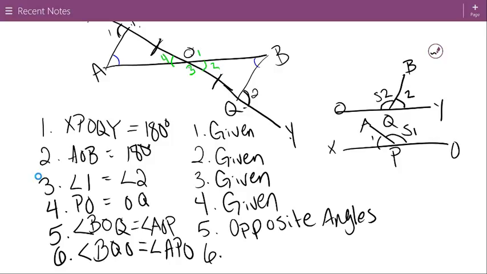Okay, so theorem 1: if two angles are equal, their supplements are equal. Angles equal, then